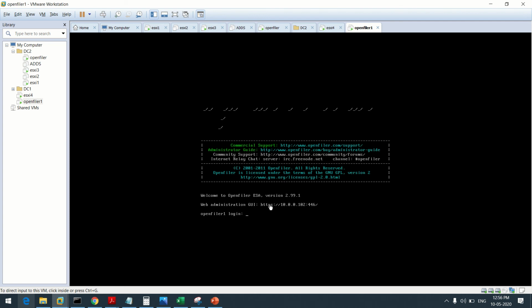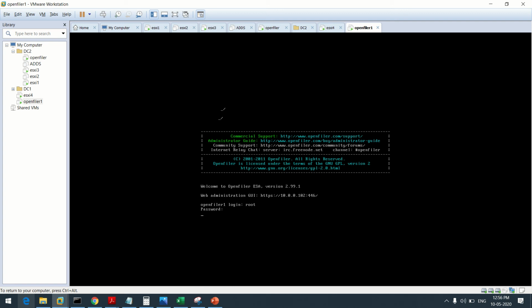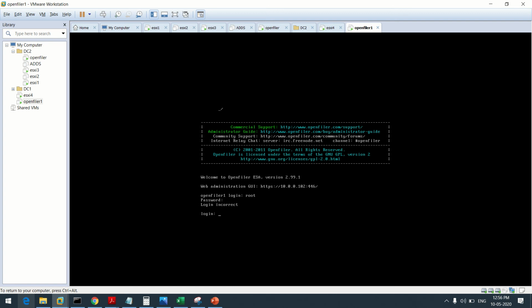So log in to OpenFiler and just restart it. OpenFiler login, root, with the password root.